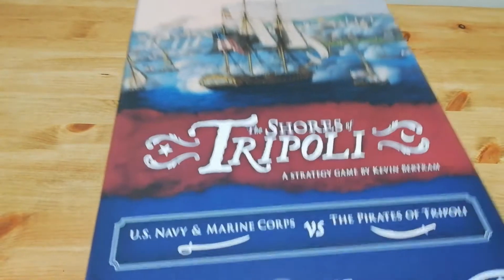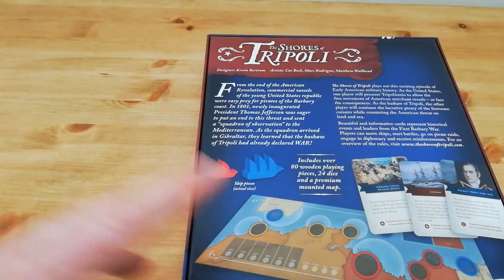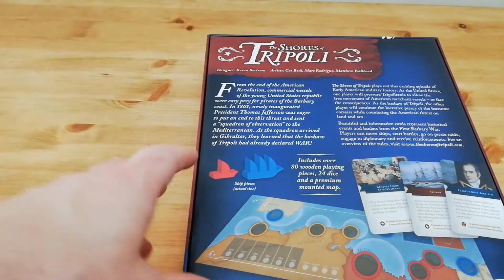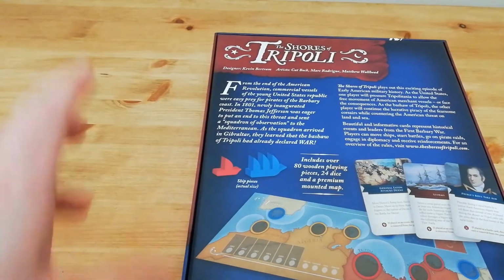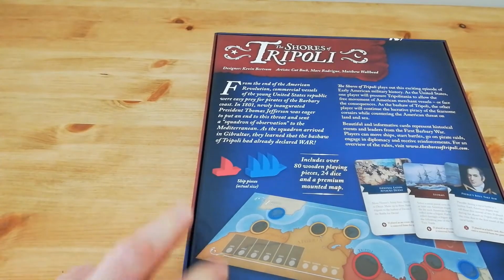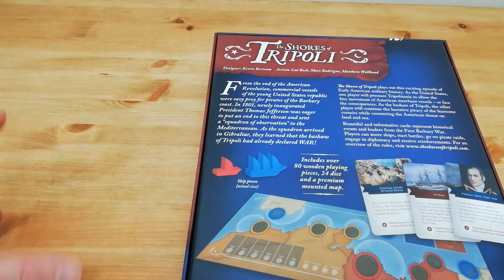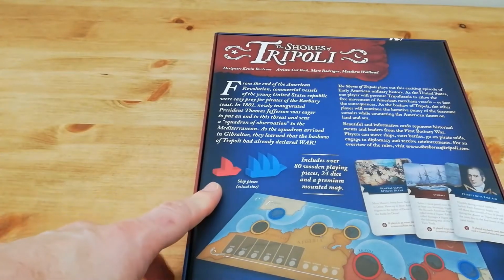So The Shores of Tripoli is about the period not long after the end of the American Revolution. So the American War of Independence, America has broken away from the colonial powers and has to continue its trade and its governance and so on. And despite now not being ruled by Europe, it still has to trade in and around the Mediterranean and